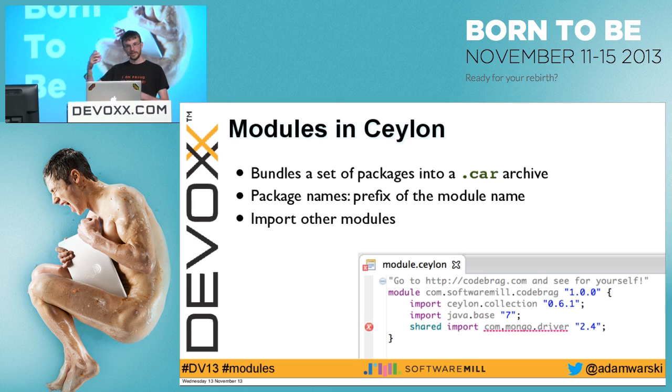If anybody depends on the module we are defining, they will also depend on our shared imports. Another thing you can see here is that the imports are checked by the IDE. The Mongo driver is a module that I came up with, and it doesn't exist in the repository, so it's marked as an error.